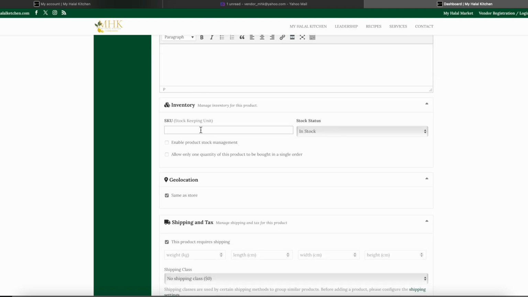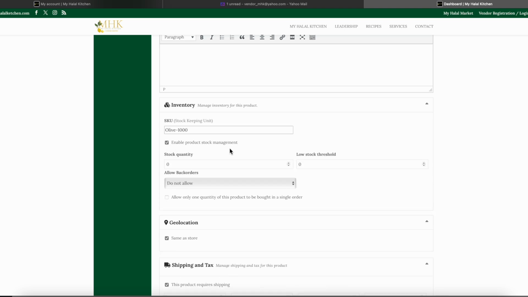Inventory. If you want to associate a SKU to it, for example, say I want to do olive and then dash, and I'll keep track of it. So it's olive 1000. If I want to keep inventory, click on Enable Product Stock Management and enter in how many units you have. Let's say I have 100 in stock, but I want to be told in case I'm running low to give me a notification when I hit 10 units in stock, so I don't